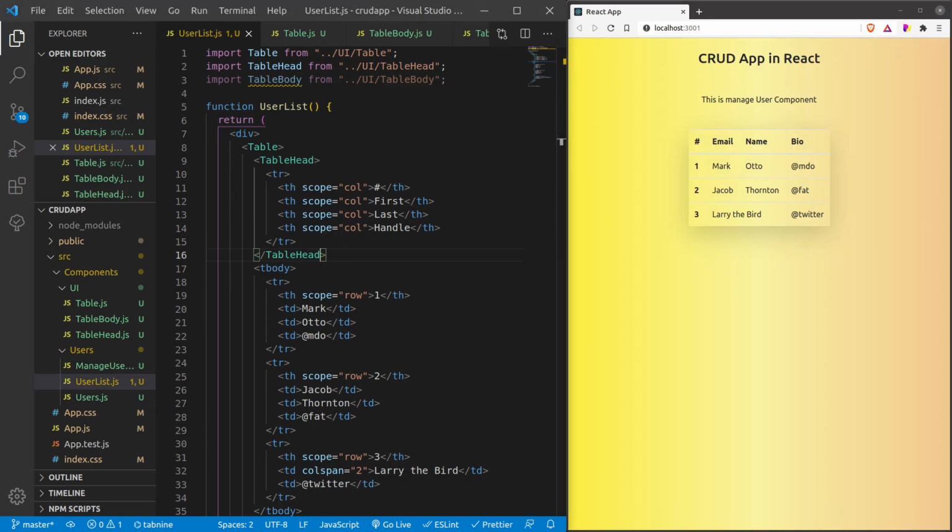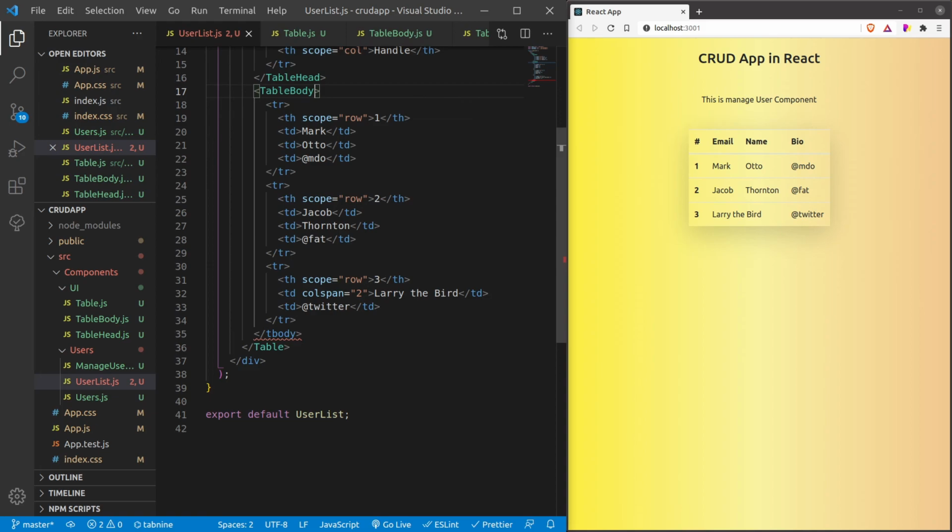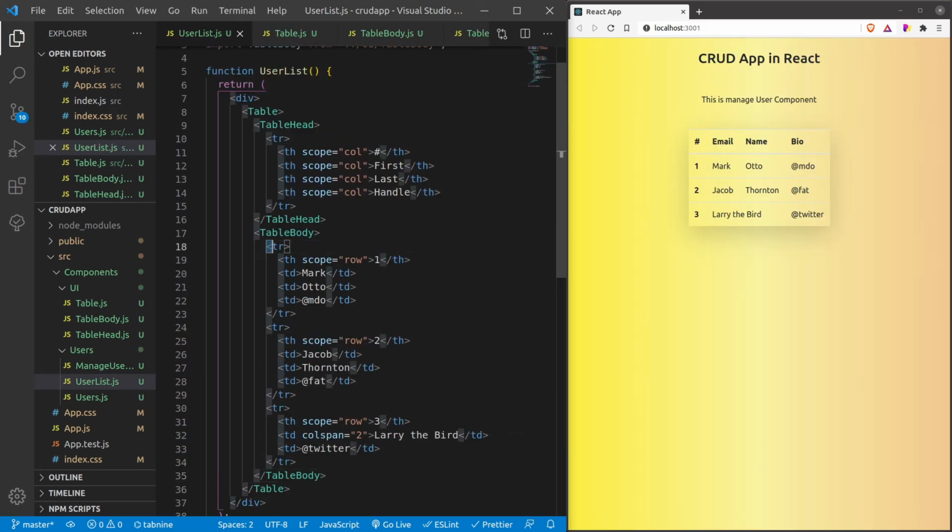Let me refresh the file. Okay guys, and for table body, this is going to be my table body and this is going to be my table body. So for now I haven't created a separate component for each row. What I am planning to do is create this row via a mapper, and it will be building all my UI. So you can see that in the UI I have created a table. Hovering over the table is showing me the selection for that particular row. All right.